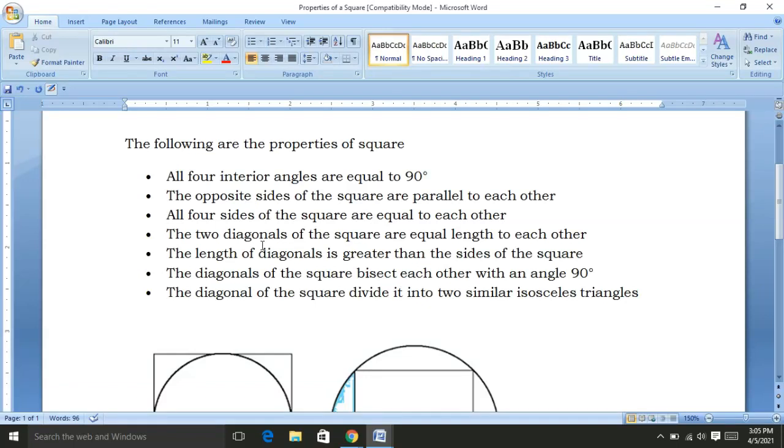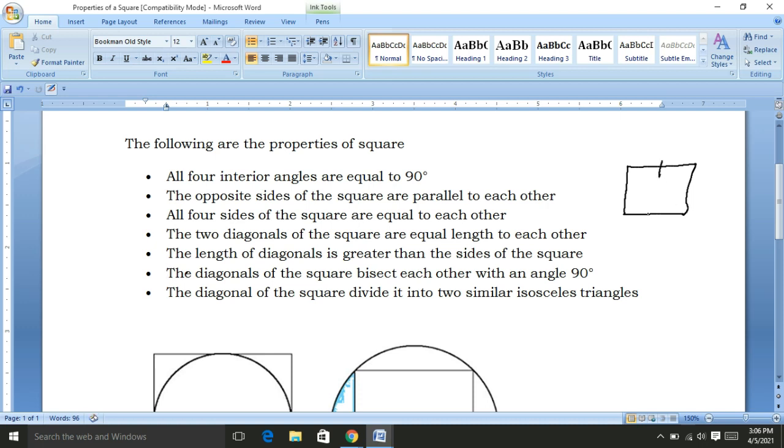Now I would like to explain about the square and its properties, as well as the different relations between the square's sides and its diagonal. So we know that in a square all sides are equal. In our elementary sessions we learned that all the sides have equal length and are parallel to each other.